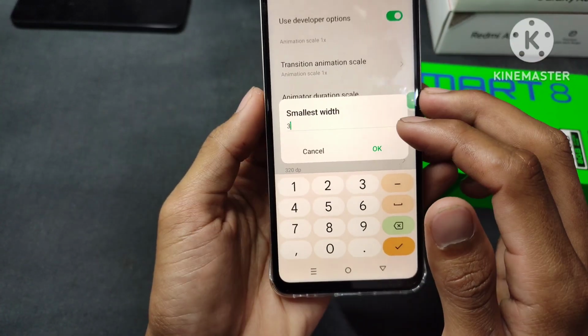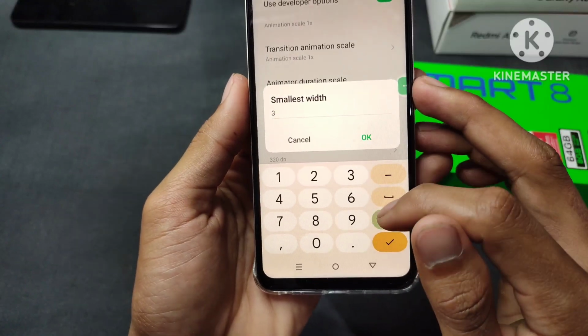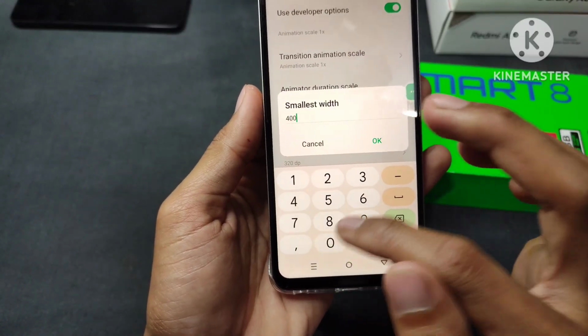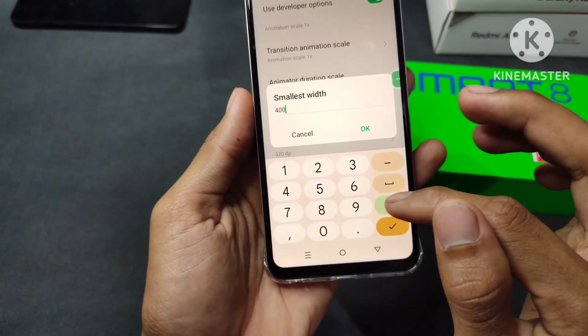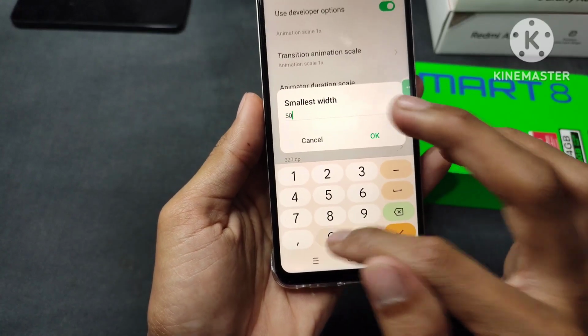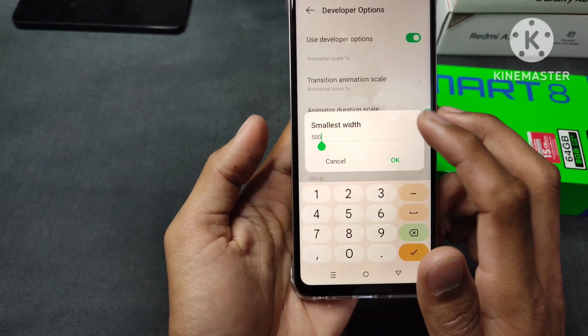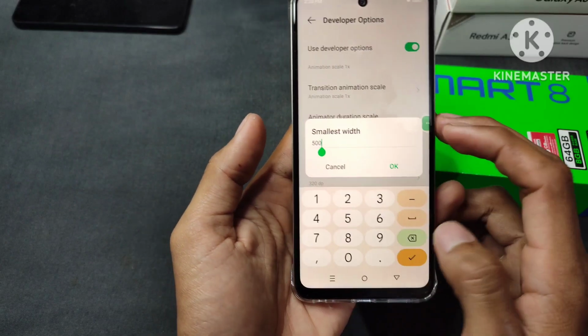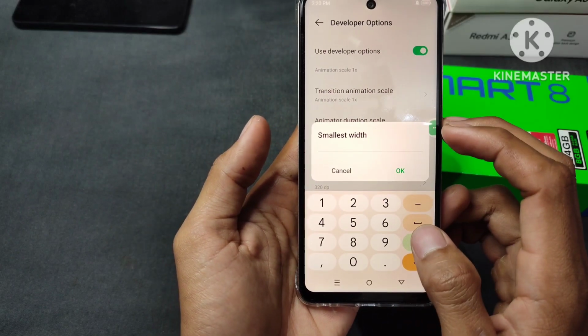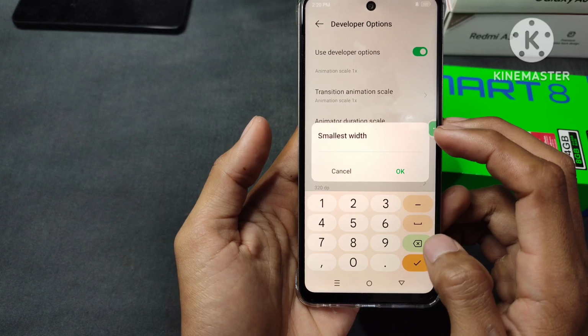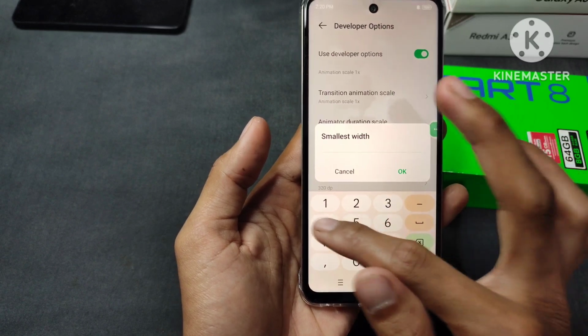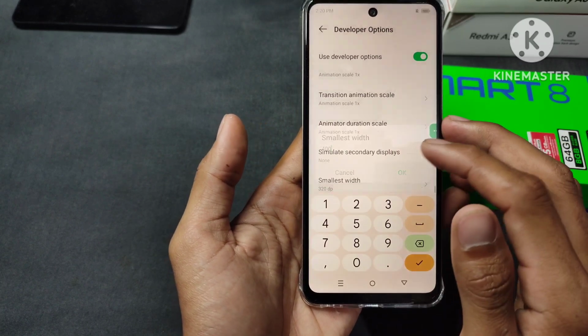as you want, and usually some people set about 400 until 500 to smooth the use of the screen when playing a game. And here I just want to change it to 500 like this,